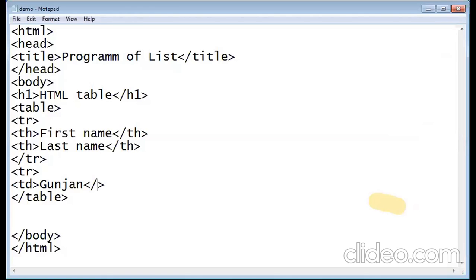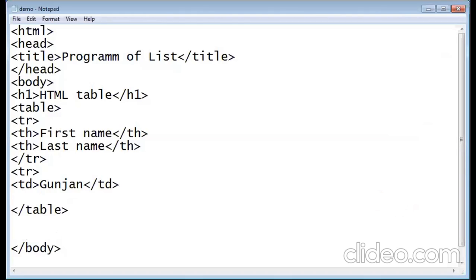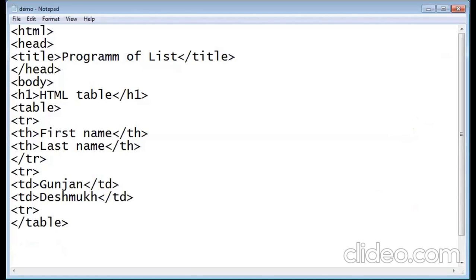Then I have to end the tag. The second parameter is last name. I will use td for entering the data, Deshmukh. I will close that second row also.